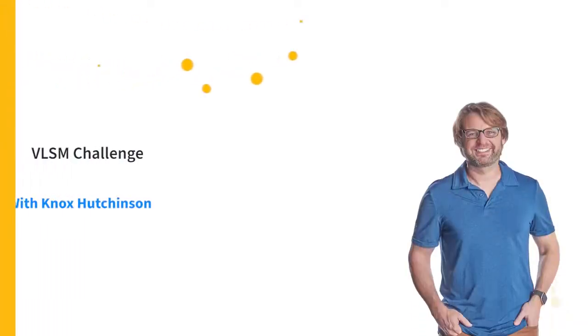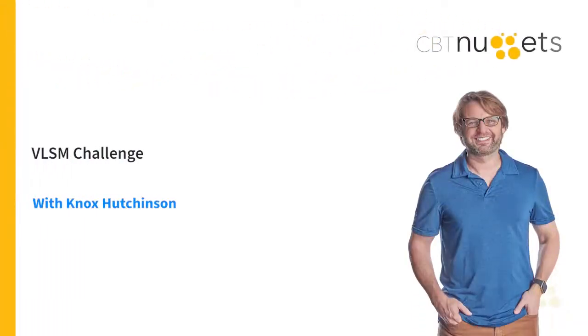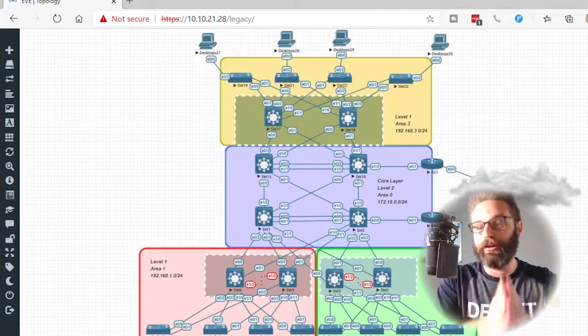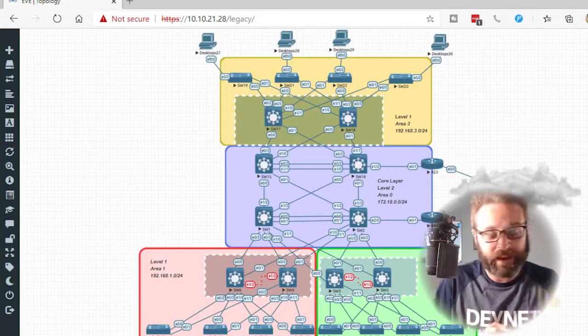Our final nugget on IPv4 address scheming is going to be the real-world challenge, creating a variable length subnet challenge. So what we're going to do in this nugget is set up a scenario. We're going to pause it as you try and work through it on your own, and then we'll come together at the very end and talk about the solution and how to design this particular subnet. Let's get going. So our final challenge is to actually design a subnet or a group of subnets for